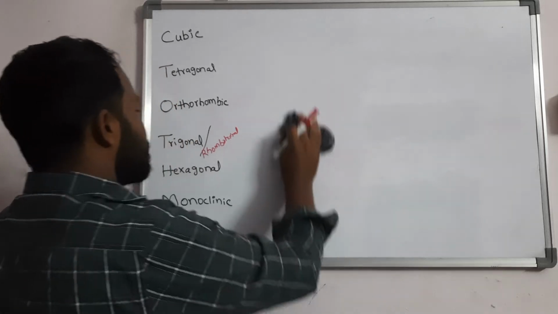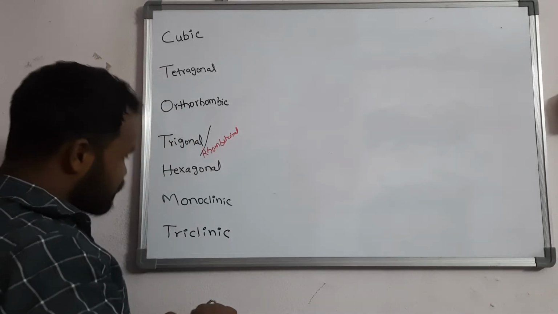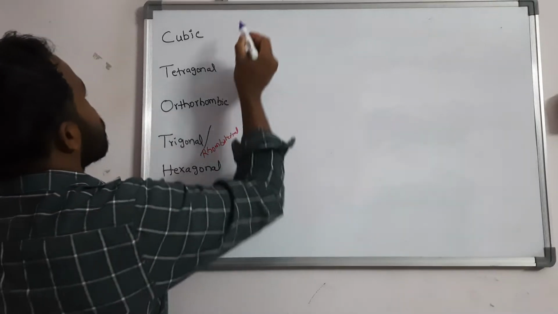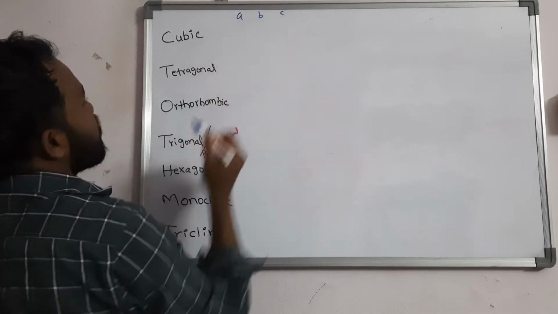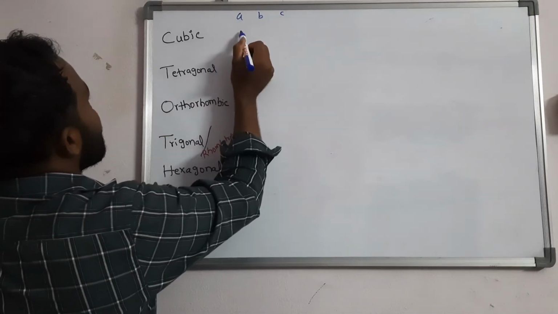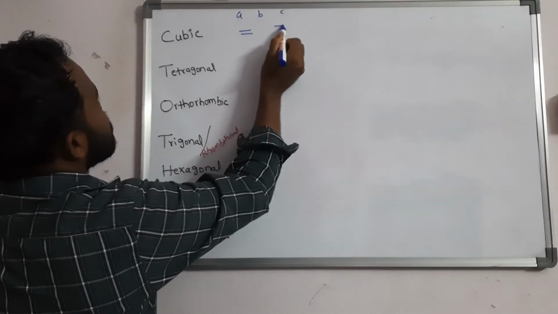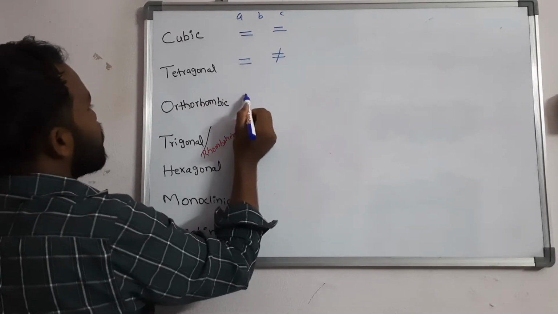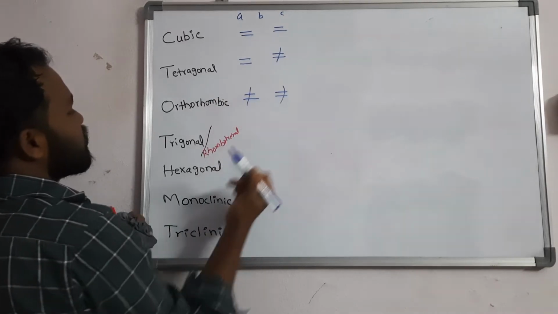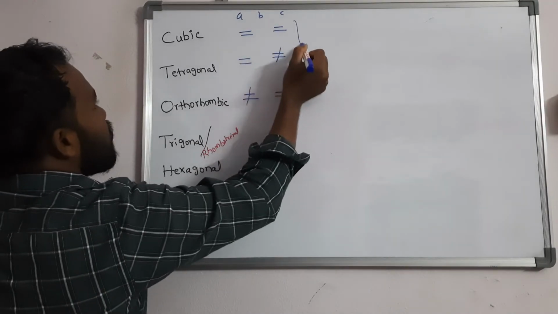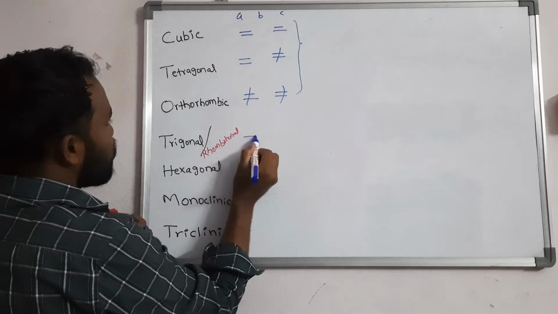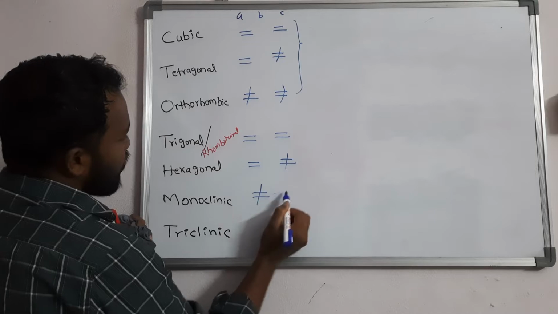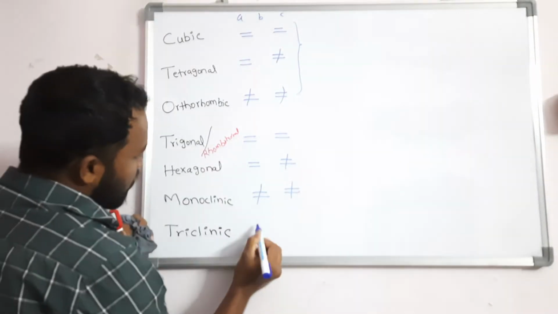So first I am going to write cubic. Cubic means generally A is equal to B is equal to C, so you should take the A, B, C terms. First I am going to discuss the cube code, right? A is equal to B is equal to C. So you should write is equal to. Then next you should write is equal to, not equal to. Then the third one is not equal to. The fourth one is the same combination you wrote here: just repeat it. Is equal to, not equal to, then not equal to. Whatever you got last, write the same as it is.